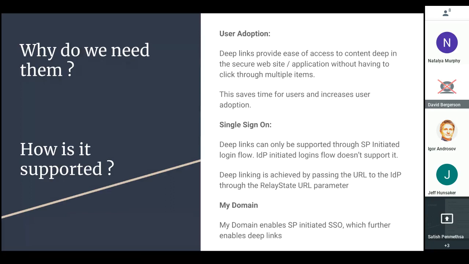So why do we need this? I think both from a general perspective and even from a Salesforce perspective, the advantage is user adoption. It lets you easily access the resource that you want to go to, and saves you that time from having to click multiple times. How is this related to identity and access management and single sign-on? For you to be able to enable deep link, especially on an authenticated site where you can't just get to that link because you have to be a valid user, and you also have to have access to that specific data,